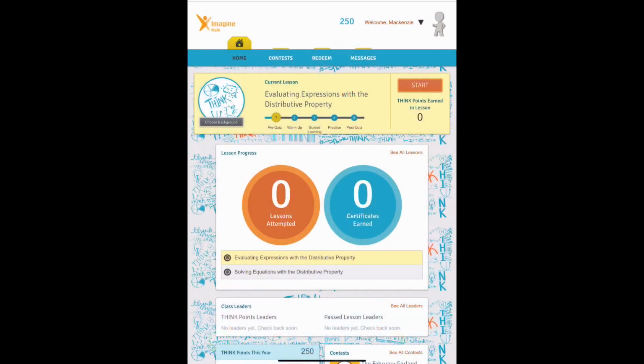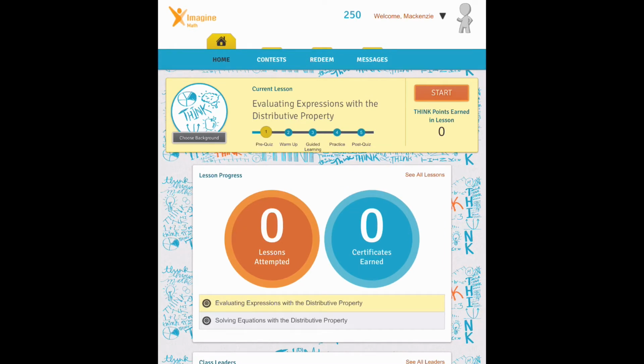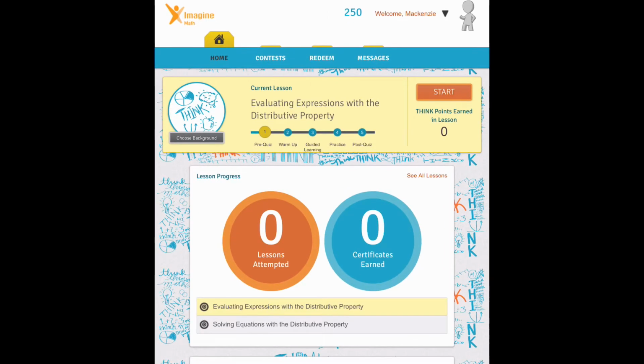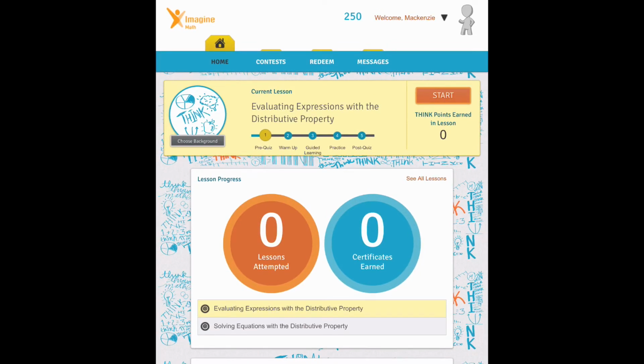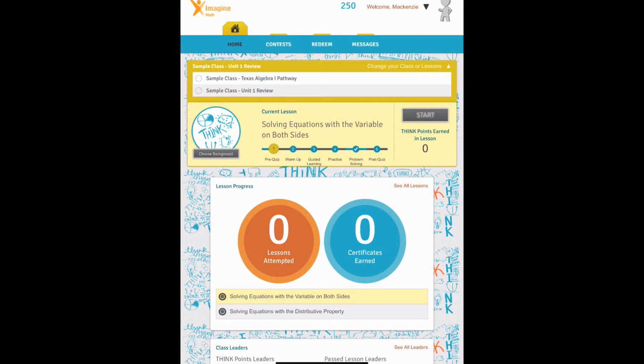Right corner. This is what your home page for Imagine Math will look like whenever you have completed your benchmark initial test. I'm going to show you now what it looks like when I assign homework to you on here. I just assigned a lesson to this student named Mackenzie, and I'm going to refresh her page so she can now see her assignment. So when I refresh the page,